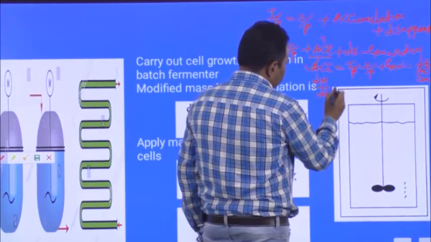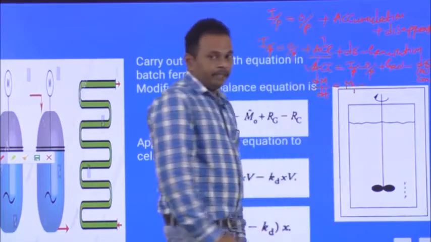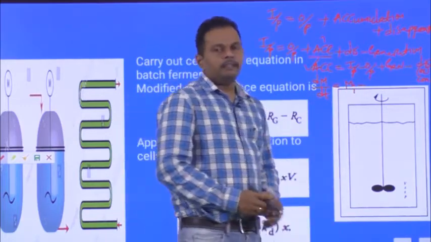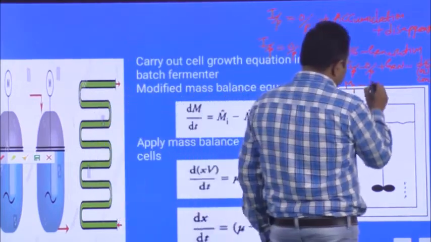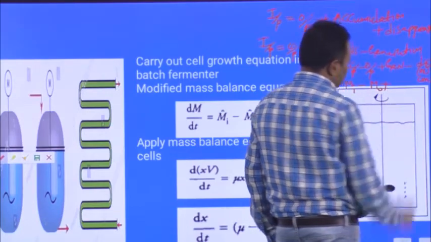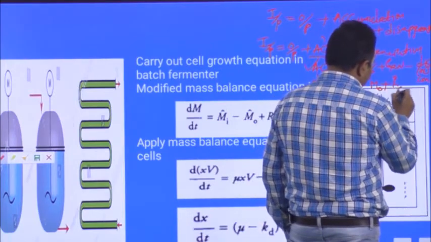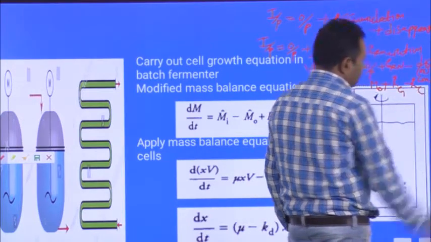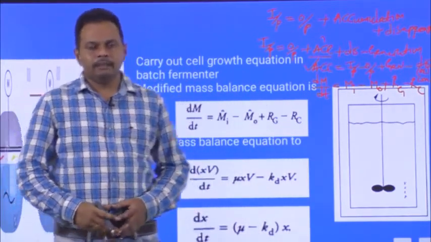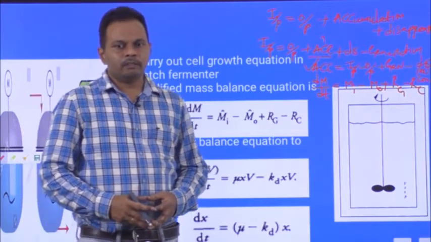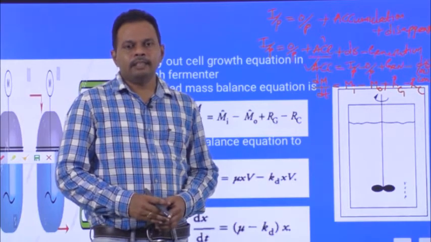The mass accumulated with respect to time is equal to input, the mass of the component i entering the fermenter. The i may refer to the cells, substrate or product, depending on the mass balance that you are going to apply. Here output is M0. And here the rate of generation is RG, which exists for the product or biomass, and here consumption is RC. Consumption exists for substrate or the cells, because due to the unfavorable conditions of the environment, the formation of toxic compounds, or an excess of nutrient media, some cells may die. That may be considered under consumption.